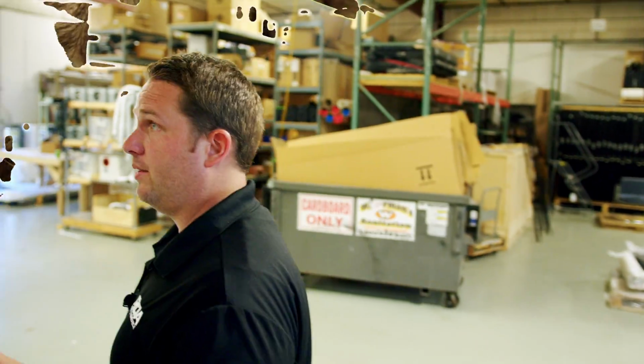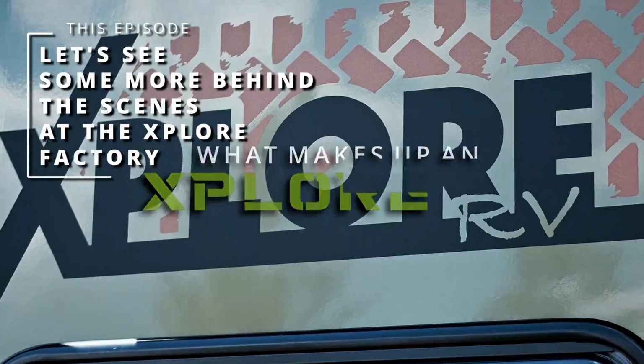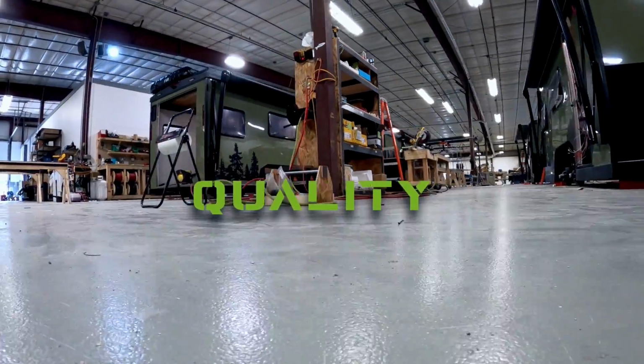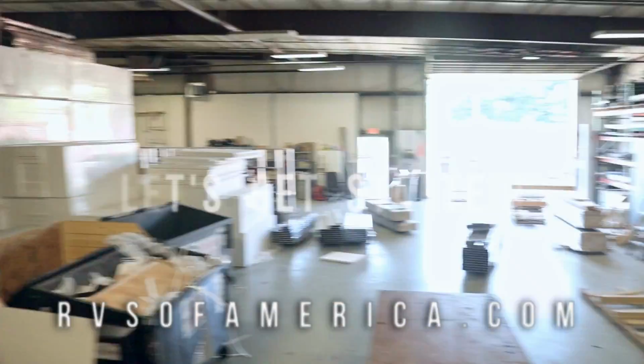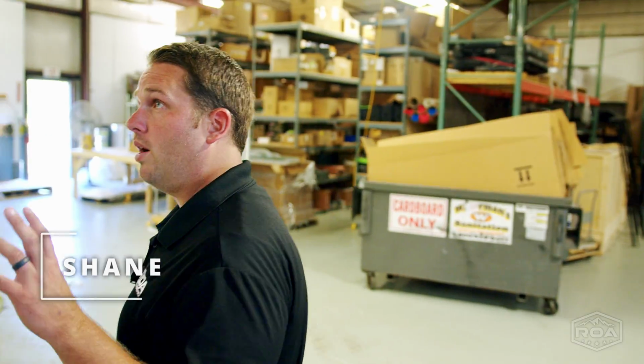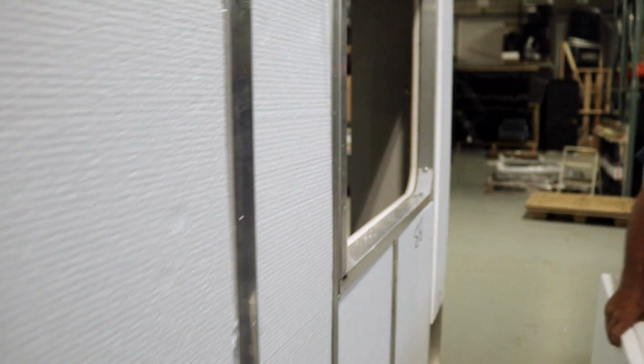Okay, so they all just went to lunch and I wanted to walk around and show kind of the stage of where they're at right now. They've put up the walls and the insulation is going on, and they are putting this in every single area of